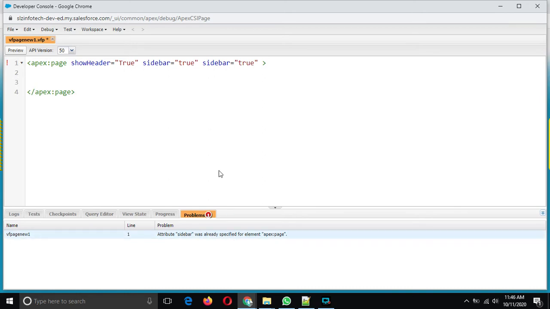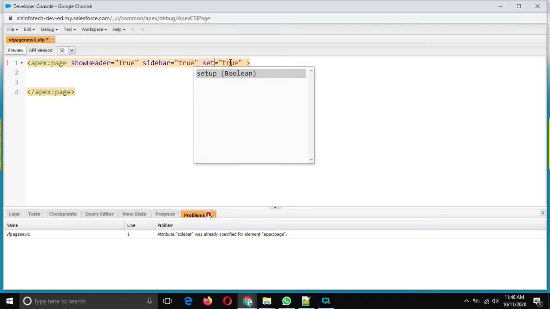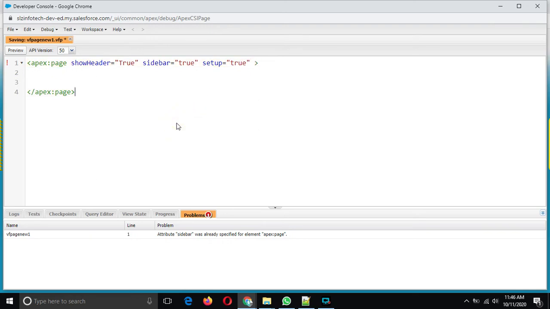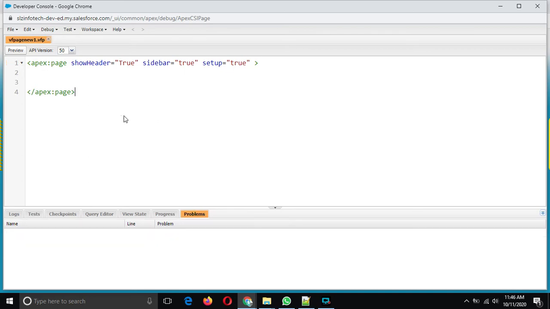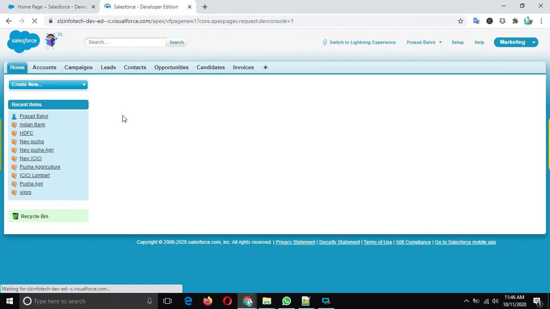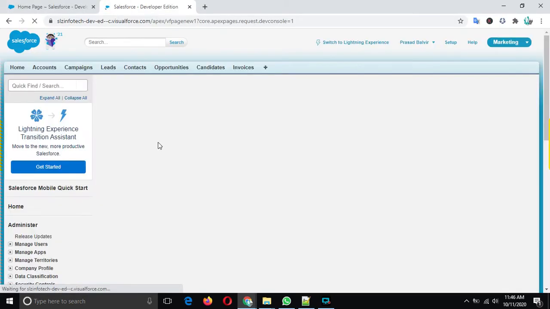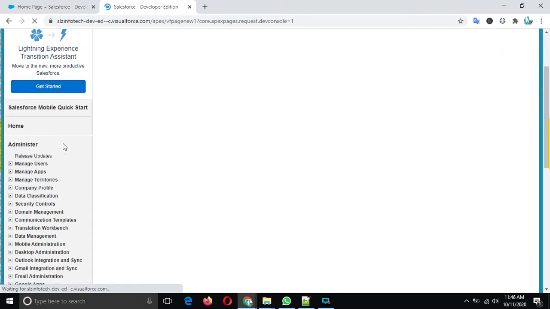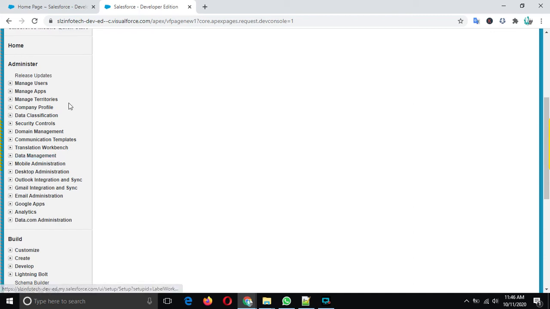Sidebar was already specified, okay, sorry. Setup, we can put setup here. So we can see the standard options in the administrator.